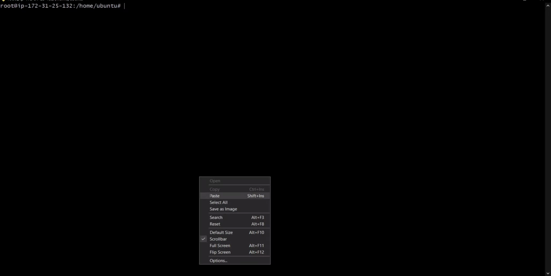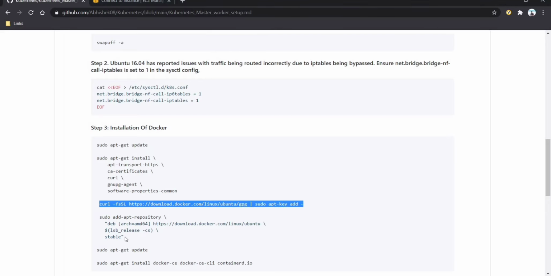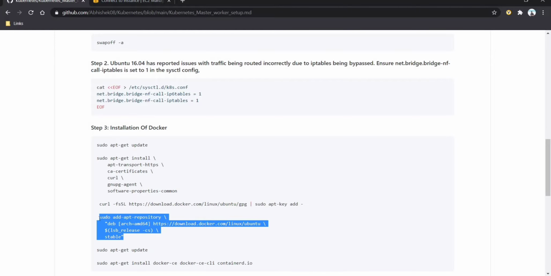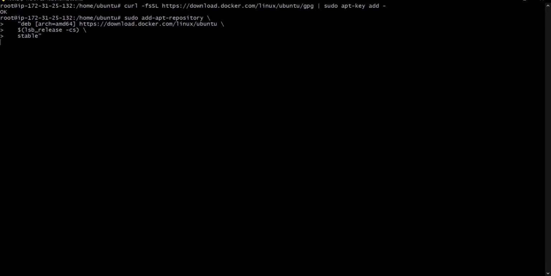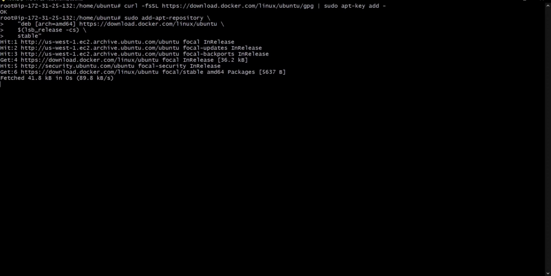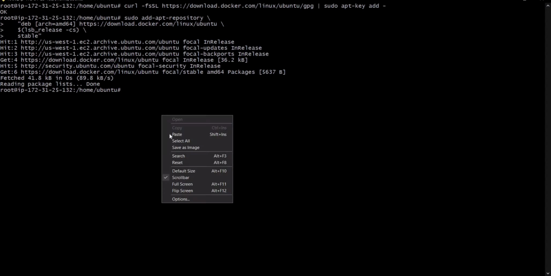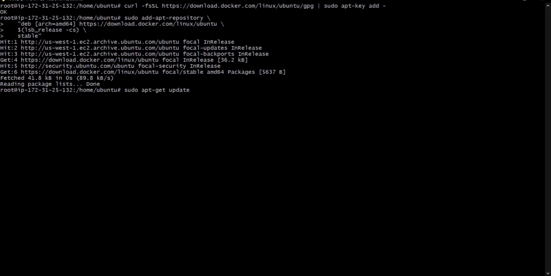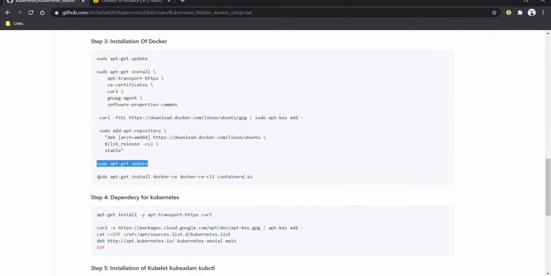All these steps are written in the Git repository and in my description, so you can easily use them. The next command is here. Now we have to update our system again. The last command is to set up Docker.